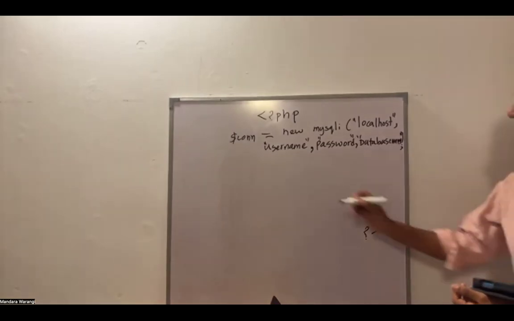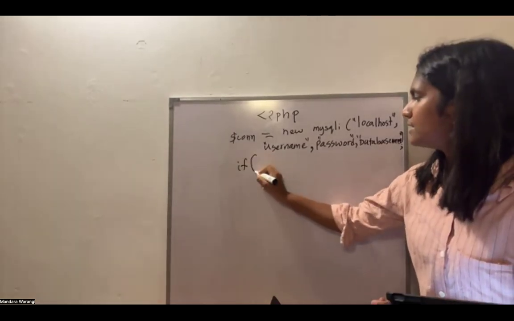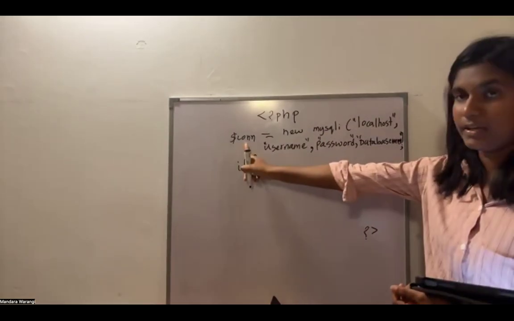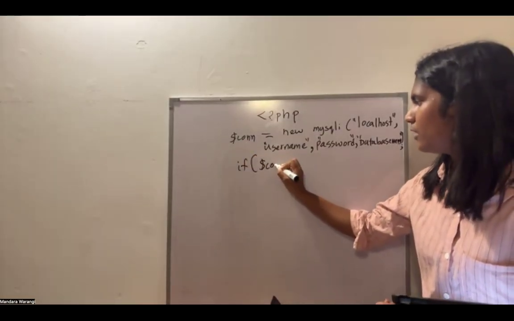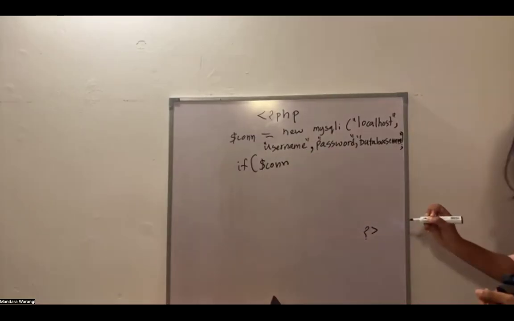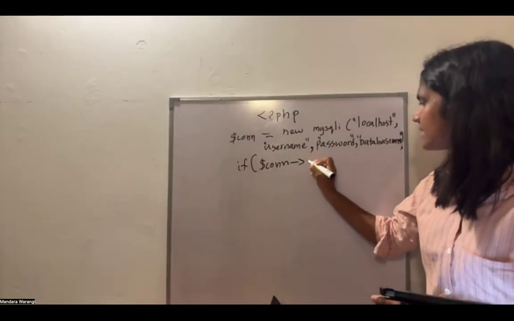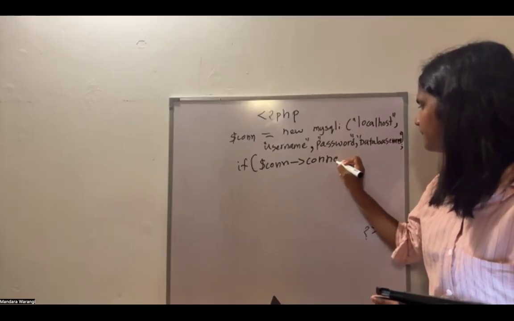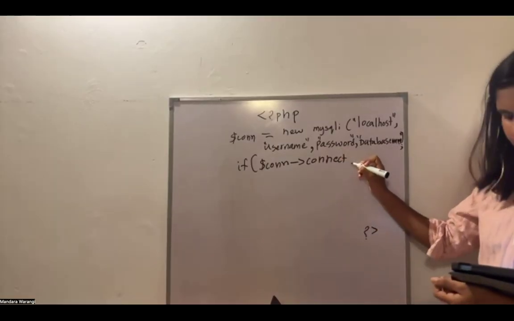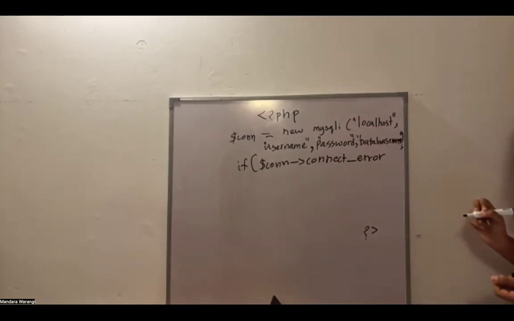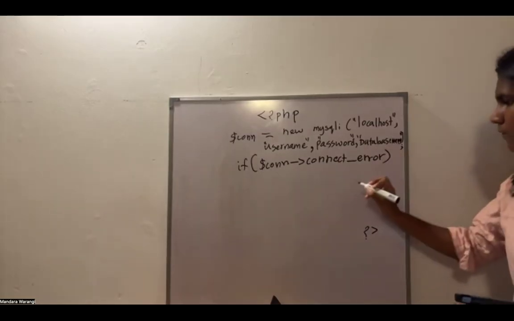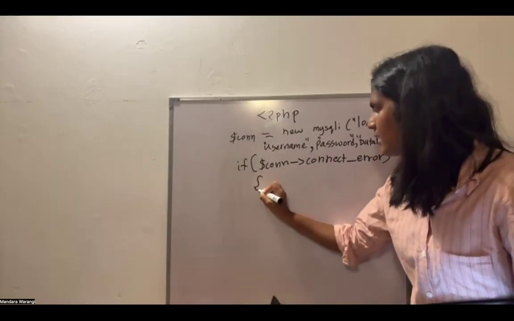So what I write is, if this connection, I assigned it to the variable called $con, if this $con has a connection error, connect error, there is an error in this connection, then I say